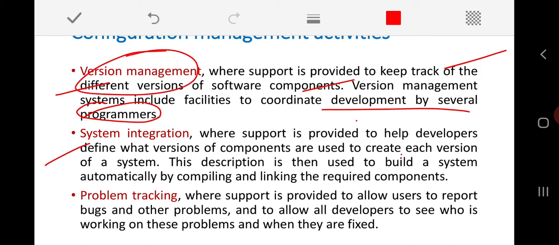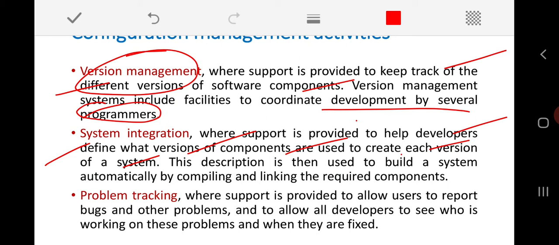The second one is system integration, the point we just mentioned. This support is provided to help developers define what versions of components are used to create each version of a system. Every software version depends on particular components, and those components belong to particular versions, so we need to keep track.